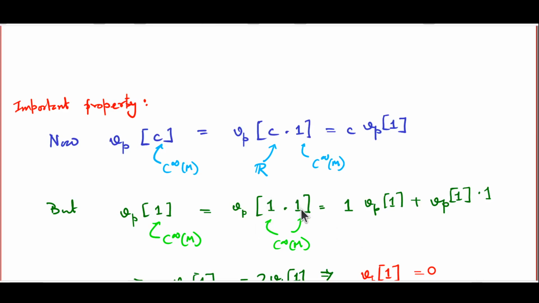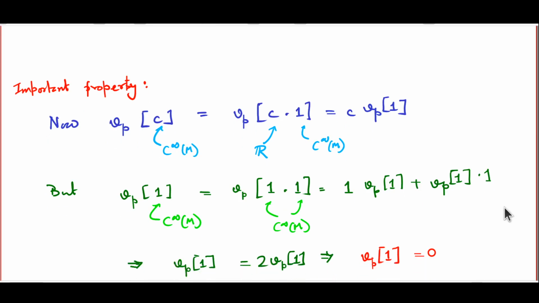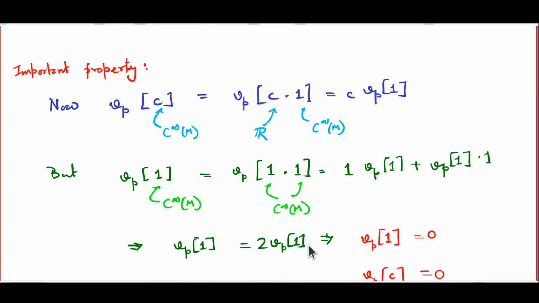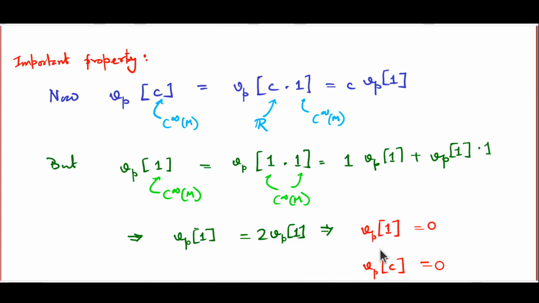This is a product of two functions, so the result will be the value of the first function at the point P times Vp acting on 1, the function, plus Vp acting on 1, the function, which is this function, times the value of the other function at the point P. Of course, the values are always 1. So we end up with Vp 1 being equal to twice Vp 1,